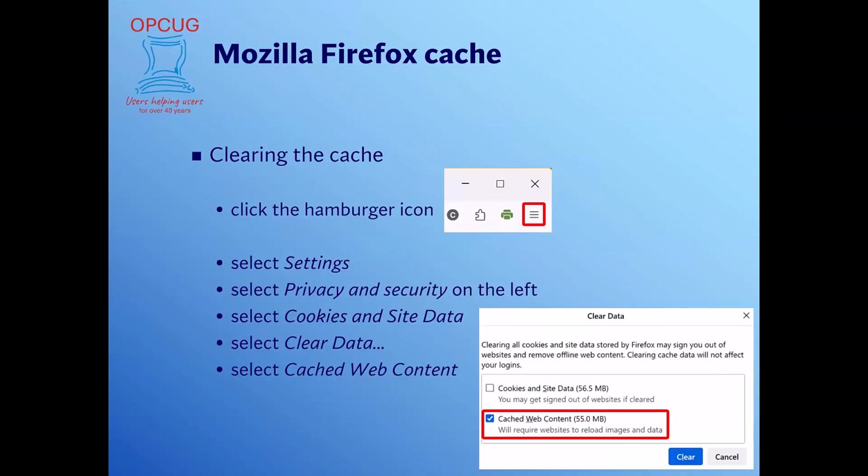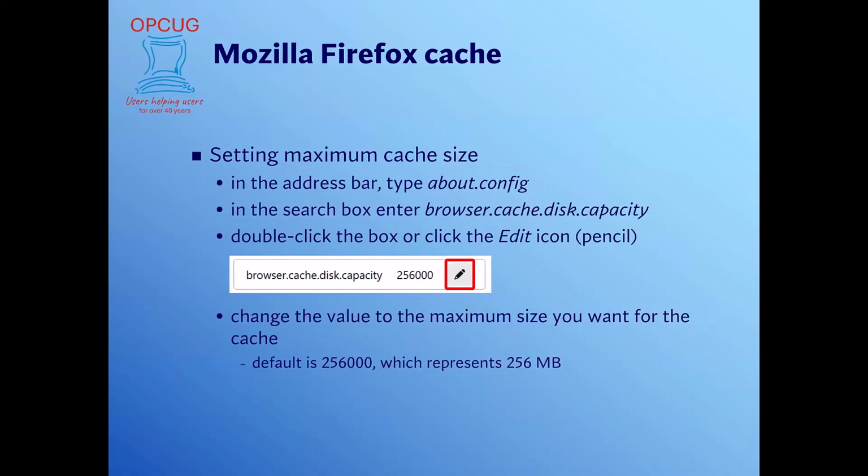Mozilla Firefox, you go to the hamburger menu, settings, privacy and security, cookies and site data, clear data, and again, select just cached web content and click on clear. Now, Mozilla Firefox does allow you within the user interface to set the cache size. So in the address bar, you can type in about:config, and then you'll get a search box and you can enter in